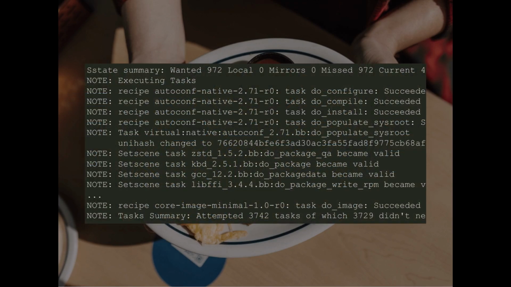So in this little example, I edited the autoconf native recipe. I put an echo into the do_install. So it forced autoconf to rebuild. But the output is identical, because all I did was put hello world into the logs. So then I did a build, and it says that it wanted 970 odd sstate objects and missed all of them. So it started doing a full rebuild of the system, built autoconf native,